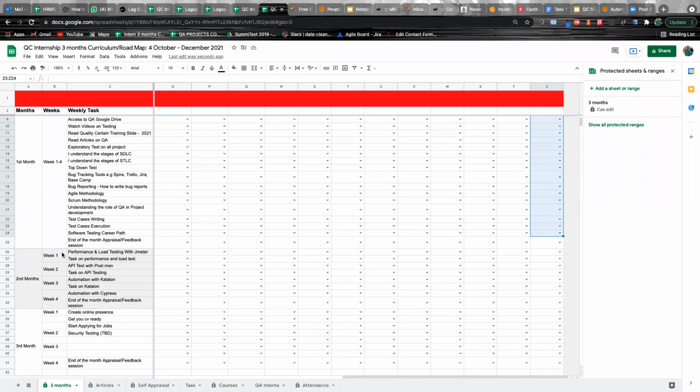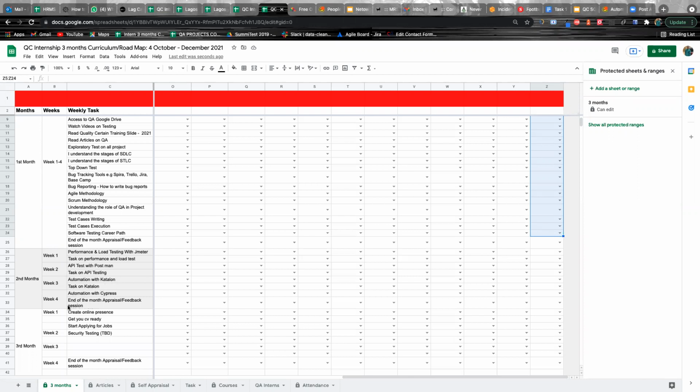The first week of the second month, we'll be doing performance and load testing with JMeter, and we will perform a task for performance testing and load testing. Then the second week we'll be doing API, and we'll also be having tasks on API. Then the next week we'll be having automation with Katalon, and performing tasks on it too.